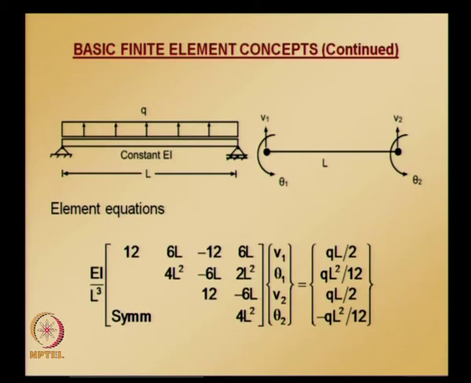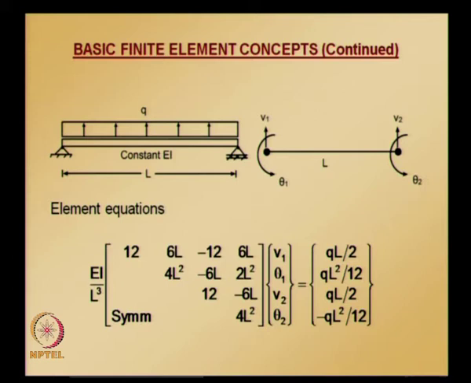Element solutions, you know there are no point loads or concentrated loads. So the element solution looks like this, and now since we use only one element, this also becomes a global equation, and now we need to apply the displacement boundary conditions. Displacement boundary conditions here are: node 1 is fixed in the transverse direction, node 2 is also fixed in the transverse direction. Sorry, it is not fixed, actually displacement in the transverse direction is restrained. So V1 is 0, V2 is 0.